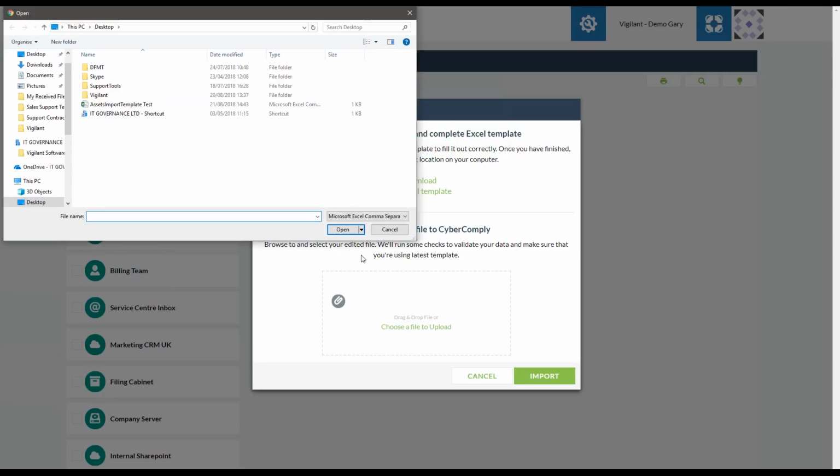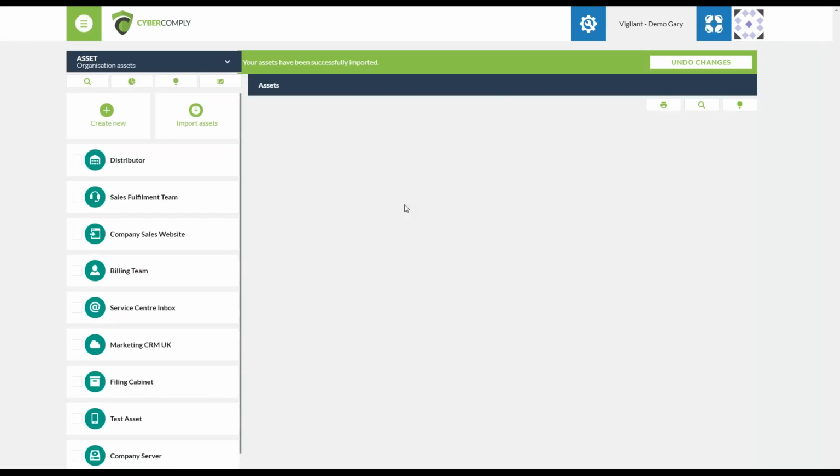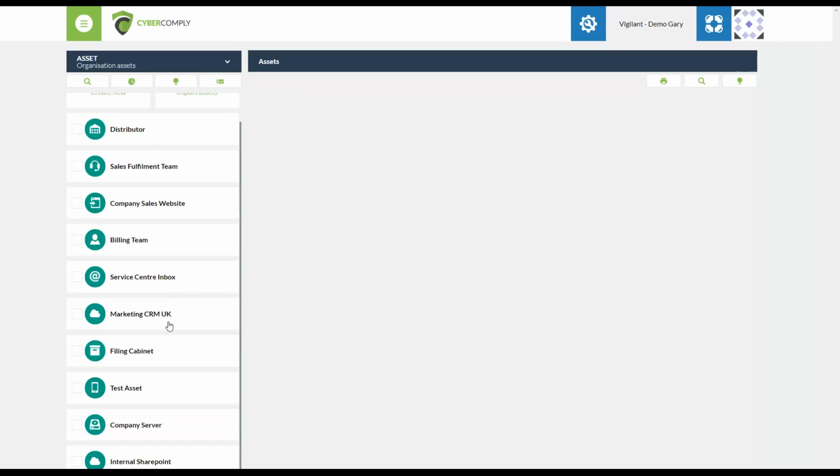We're going to choose to upload a file, so asset import template test. We're going to select OK. It's going to reside here for now, and then we select import. It's a very quick process. Obviously this will depend on the amount of information you're storing in here, but it will confirm that the import has been completed. We can see down here that test asset has been added to our list,